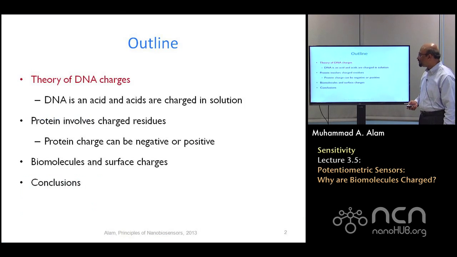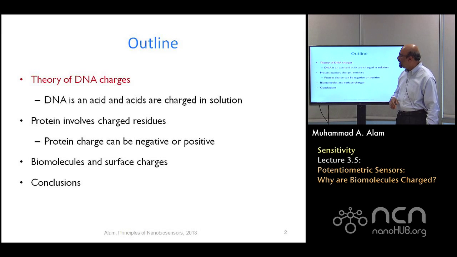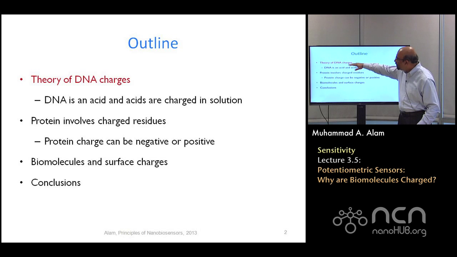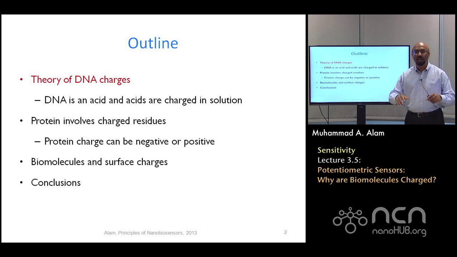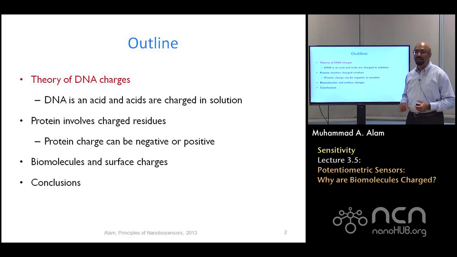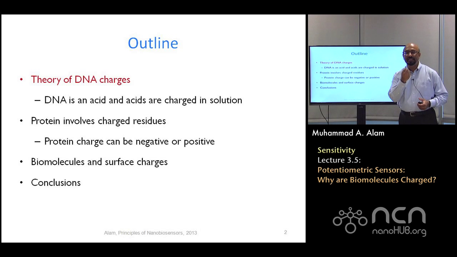Let's get started. I'll begin by explaining how the DNA charges depend on the pH. We'll talk a little bit about the protein, very similar physics, and I hope you will understand them easily. And then we will pull all these things together: surface charges, the DNA, the protein, and see how a MOSFET underneath actually views the whole system. And is there any way to get rid of the surface charges so that you can see the biomolecules more clearly? We'll explain.